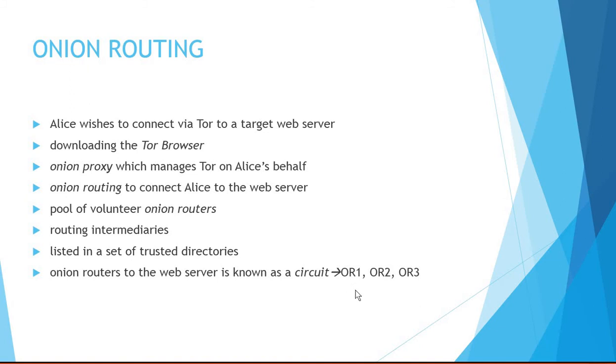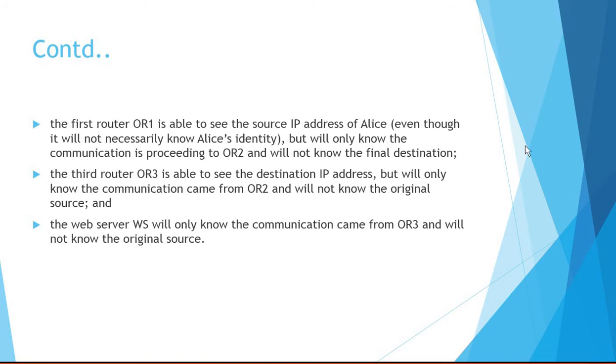That will be through the onion routers. For example, consider there are 3 routers involved in the circuit to transfer Alice's data to the web server. Onion router 1 will know the IP address of Alice. Alice also knows onion router 1, and she knows onion router 2 and onion router 3 also. She will share her own key with onion router 1, another key with onion router 2, and another key with onion router 3 for data transfer.